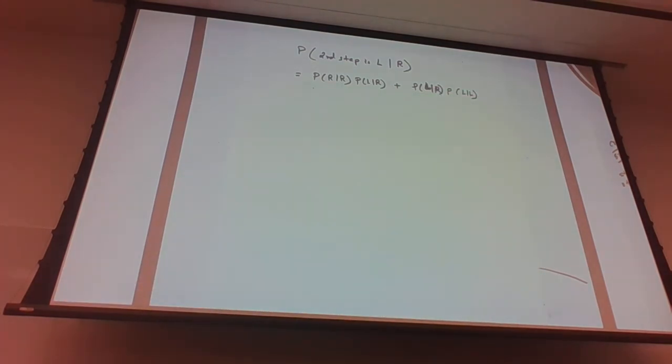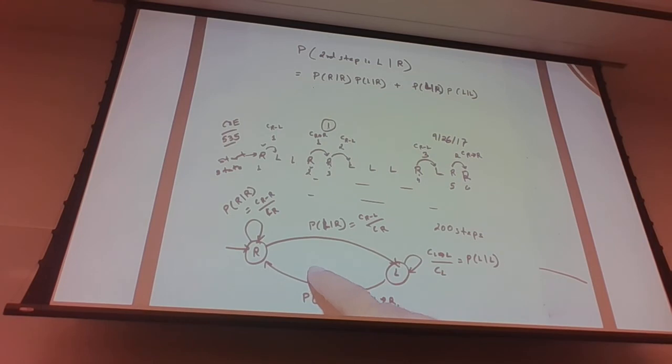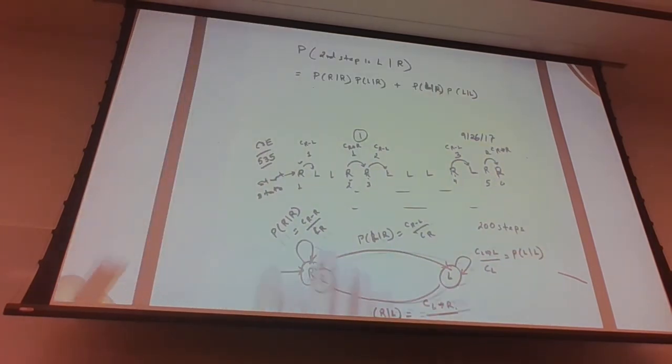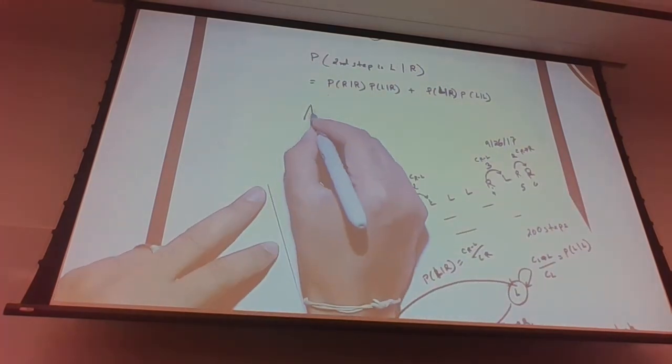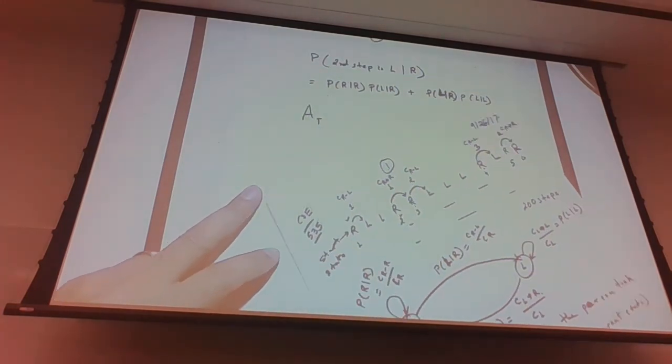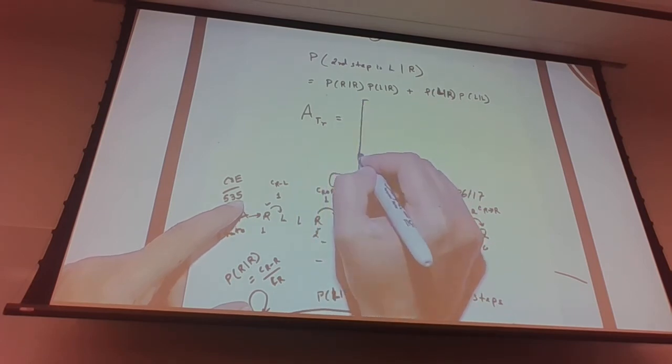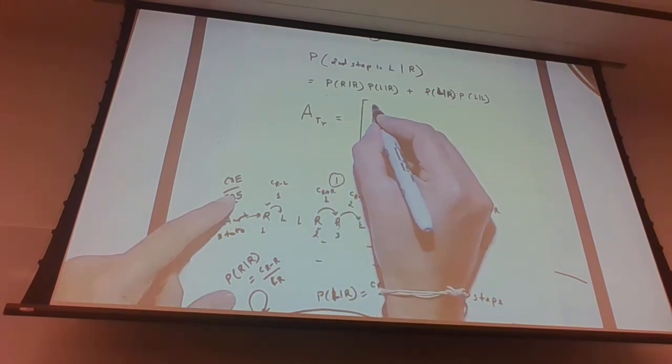Should be this. Now this, there is an easy way of computing this. Probably you know. So what you can do is, this figure you can represent mathematically using a matrix. It's called a transition matrix. So what is this transition matrix? Let's say A is a transition matrix. So this transition matrix, you can write it as probability of